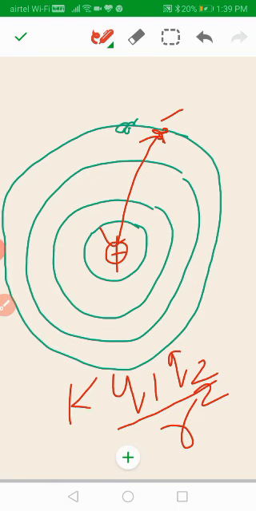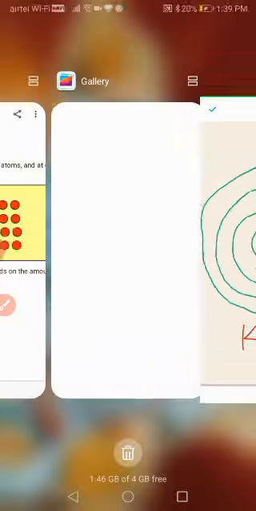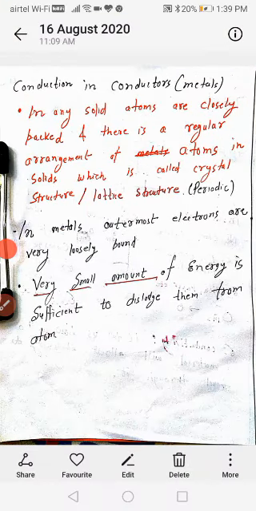So the electrons are very loosely in the outermost orbits. Electrons are very loosely bound. Okay, now we shall come to our slide back. So in metals, outermost electrons are very loosely bound, and a very small amount of energy is sufficient to dislodge